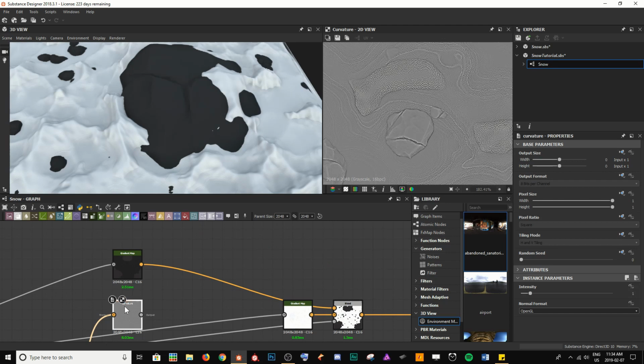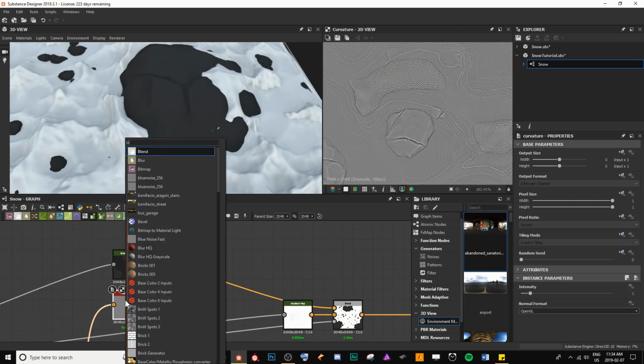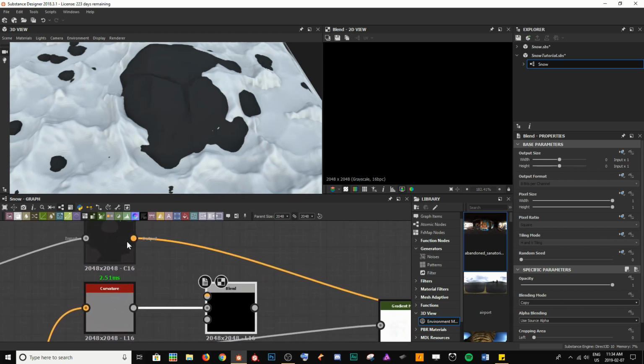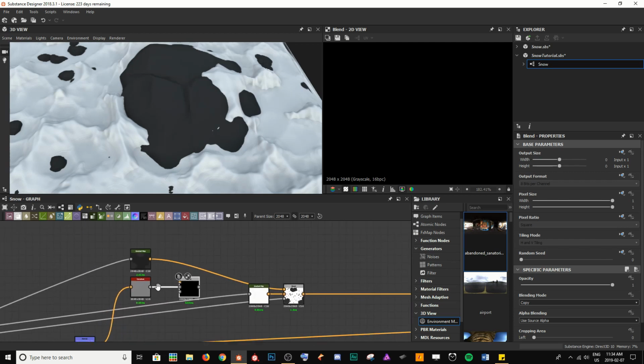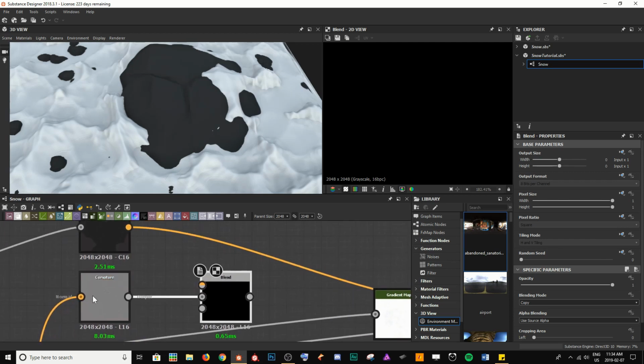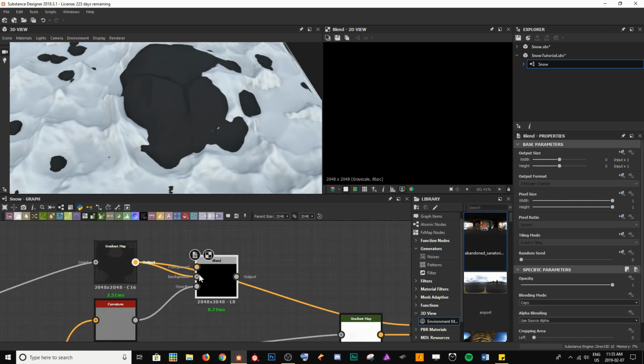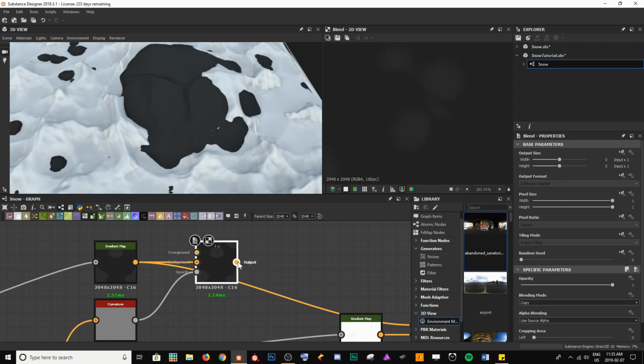Bring that guy up over here. And I'm going to blend between the two. And now you can see that we're going to run into another issue where we have a grayscale and a color value. And that's all right because we're actually going to use the curvature as our opacity. And we're going to blend this guy here